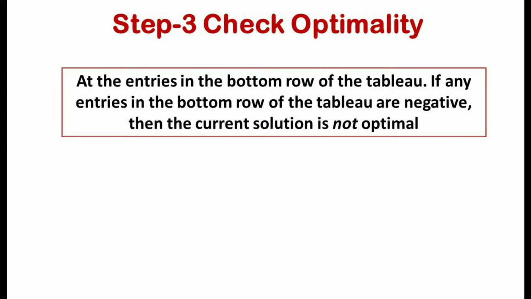After setting up the tableau of the given linear programming problem, the next step is to check whether the given solution is optimal or not. To check this by using the tableau, all the values in the last row, that is the objective row, must contain values greater than or equal to 0. If a value is less than 0, it means that the solution has not reached its optimal value.